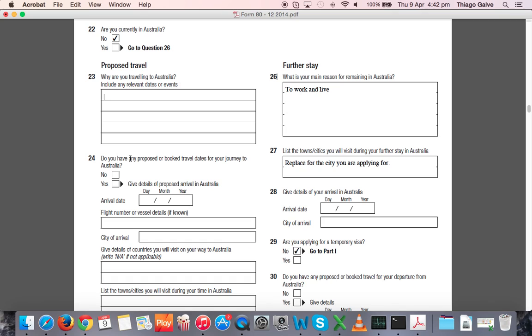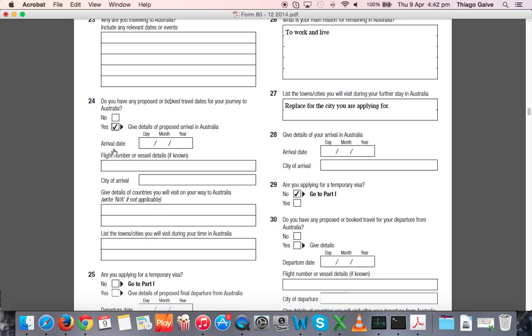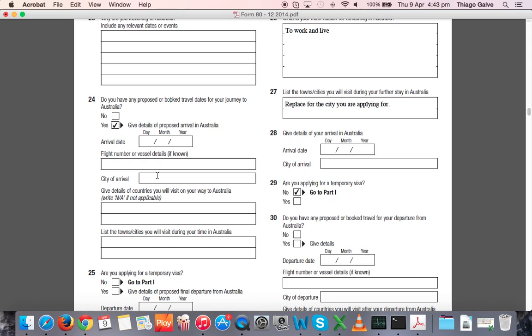Do you have any proposed or booked travel dates for your journey to Australia? So if you have booked, if you have the dates, simply provide information. If you do not have the dates yet because you're applying for a visa, okay, but you haven't planned your travel yet, please select no and move to the next question. If you select yes, you have to provide each one of these